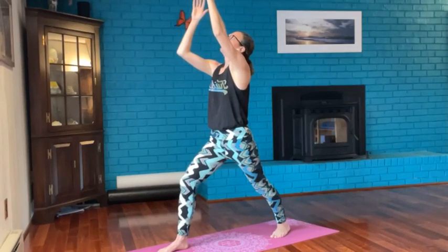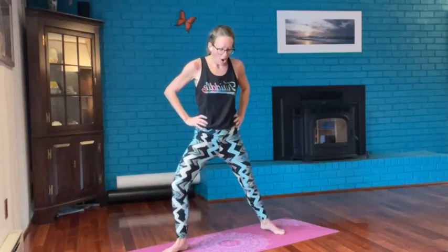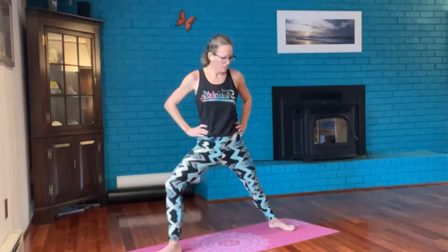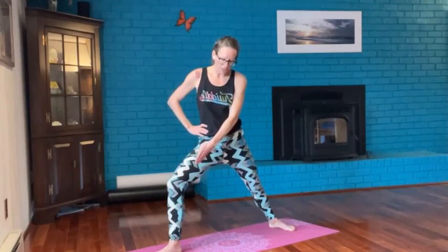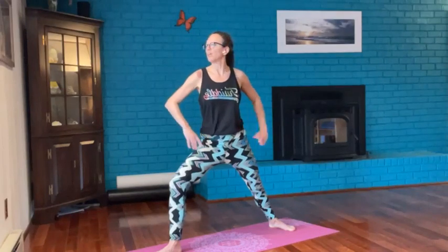Excellent. Then go ahead and drop the arms to the hips. Let's turn that left heel in, squaring our hips now to the long side of our mat. That right knee stays bent over the right ankle. The left leg is extended long behind us. Just check in that you can see the heel from your right foot drawing a line to that left foot instep. And once you've got your leg placement, we can go ahead and lengthen our arms, gazing over the front fingertips,